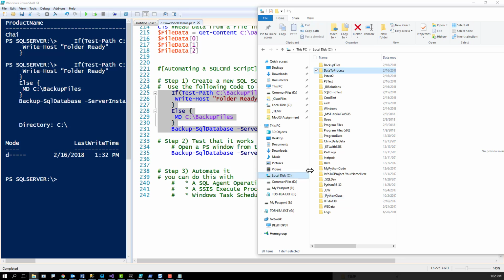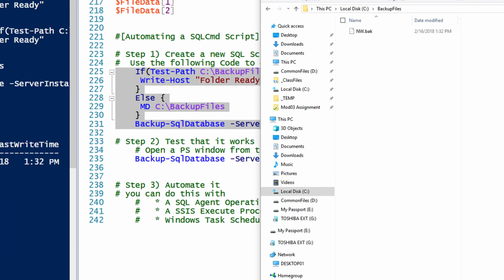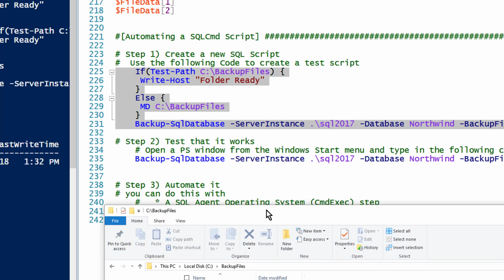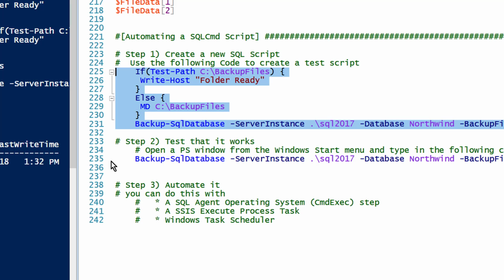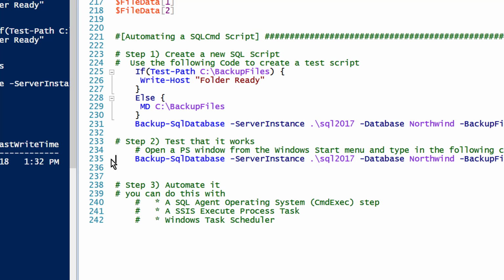And see, where are you? Backup folder. Oh, right there at the top. And there's my backup file. Okay, so once I have that, the backup folder's in place, I can just go ahead and open up the command window